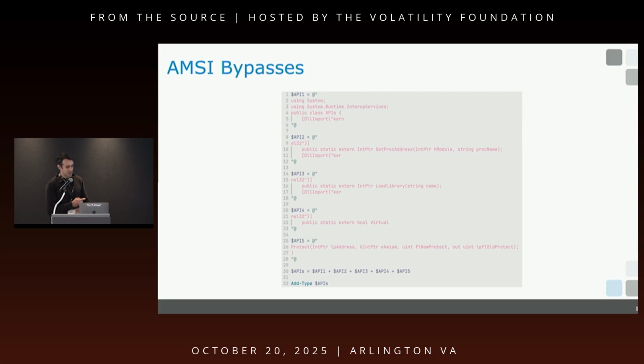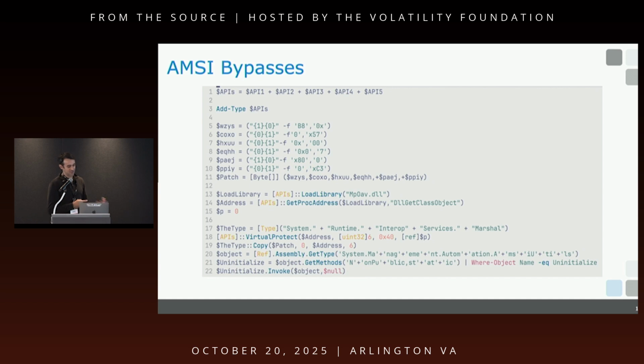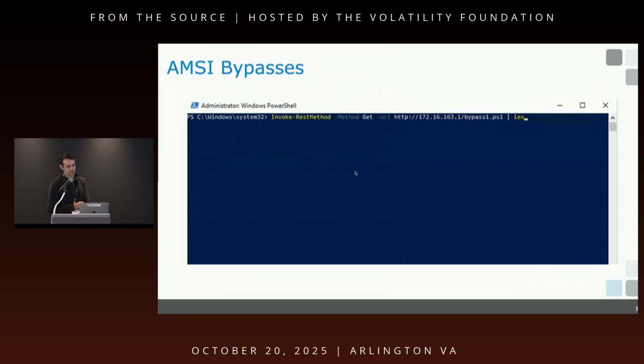So knowing that, you can just split it up into different components. This is the same upper portion of that script again, except I broke the .NET class out into different components. And then at the bottom, I ran some very basic Invoke-Obfuscation to muddy up the shellcode declarations. And after you do that,